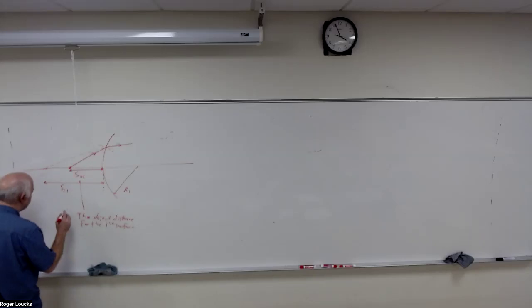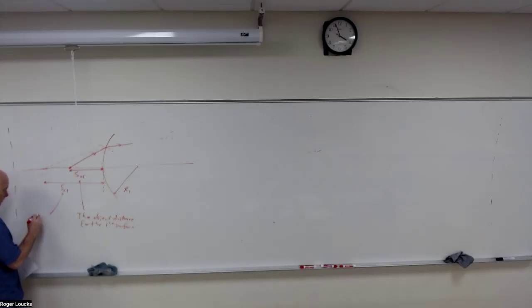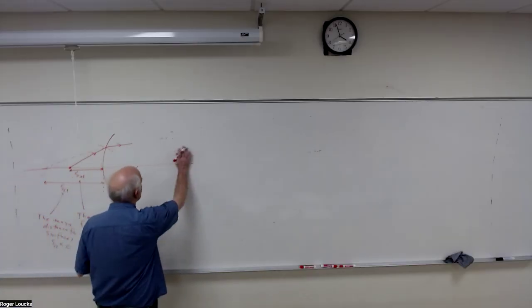So this right here is the object distance. I'm sorry, the image distance for surface 1. And this SI1 here is actually less than 0. It's actually negative. Okay. Now what we're going to do is we're going to have basically